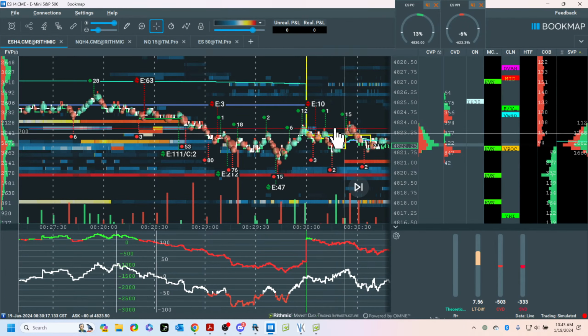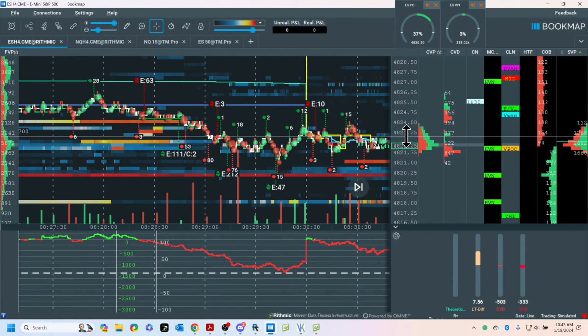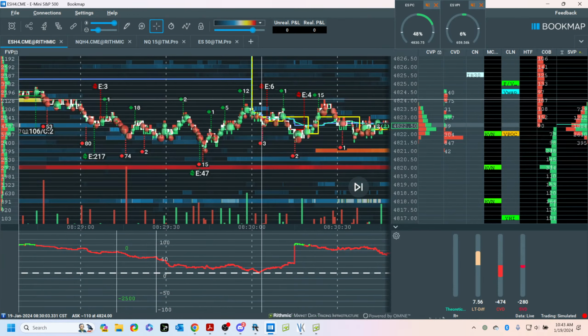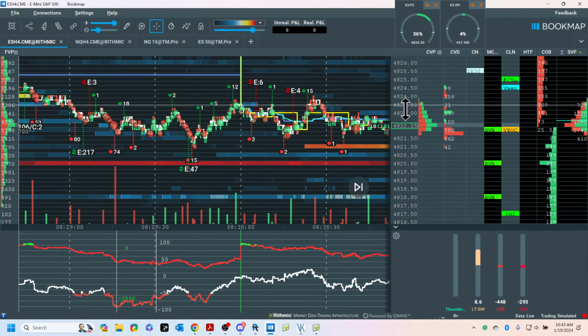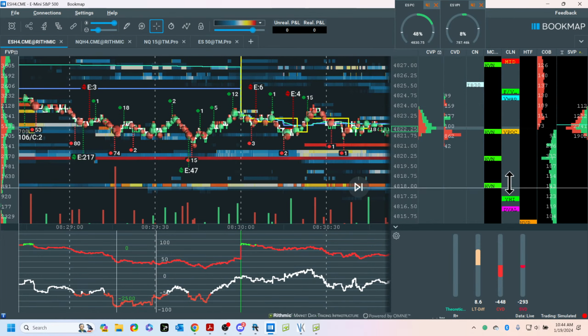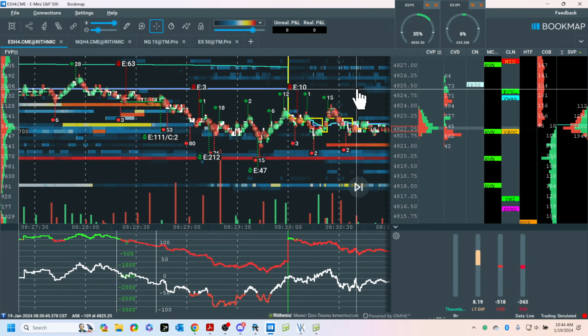Okay. So let's go take a look. Market opens. I get some selling. I get some buying. This is called VPOC migration. This right here is showing me two pieces. Now I'm going in the microstructure. Now remember where my levels are that I have to be thinking about. Fill the gap. This down here at 15 and up above. And I have to try to see who takes control.